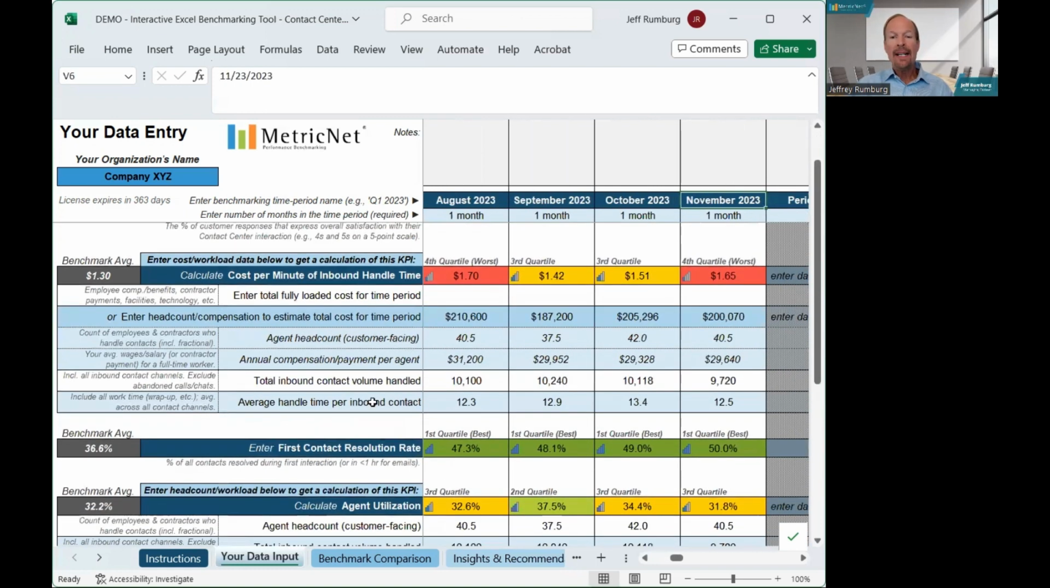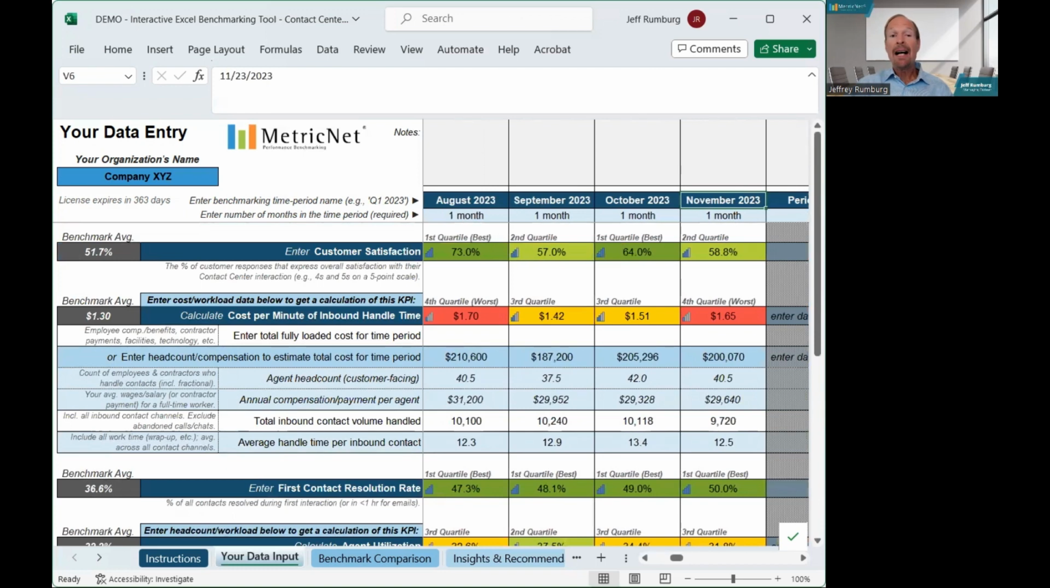All you need to do is enter 6 KPI values anytime you want to update your benchmark. It's that simple. Now, moving to the next tab,